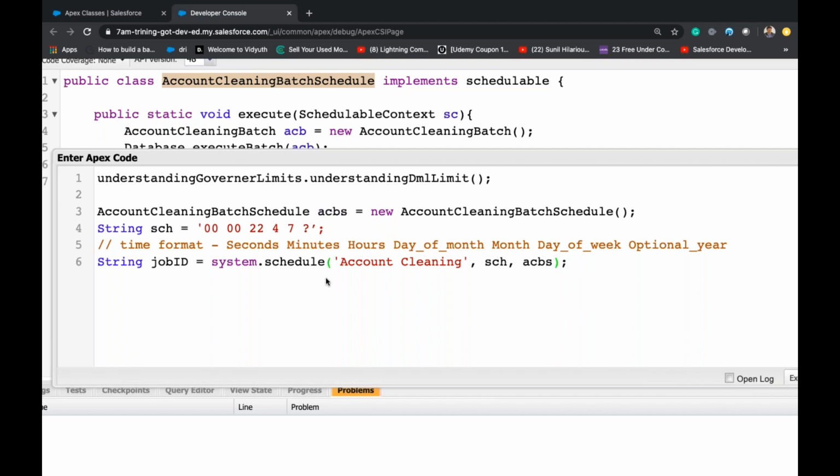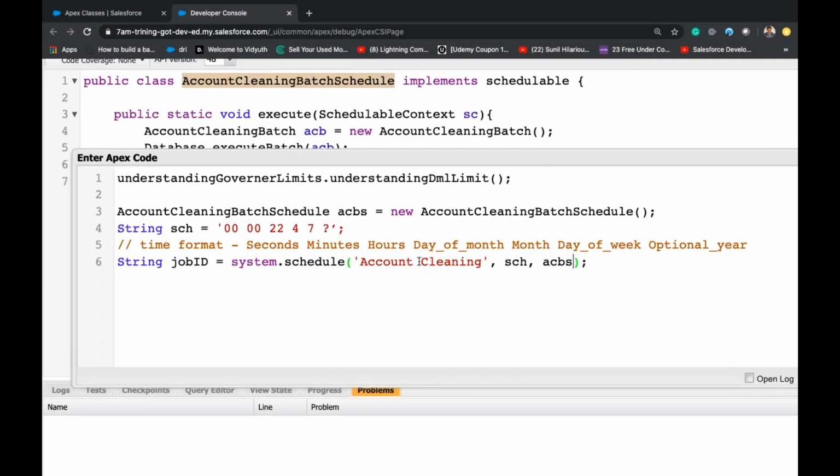Okay, so this is the correct format. First we will create an instance for the schedule Apex, and then we will create the time in the form of a string. Then we'll schedule an Apex using this one. So this schedule Apex is added here.